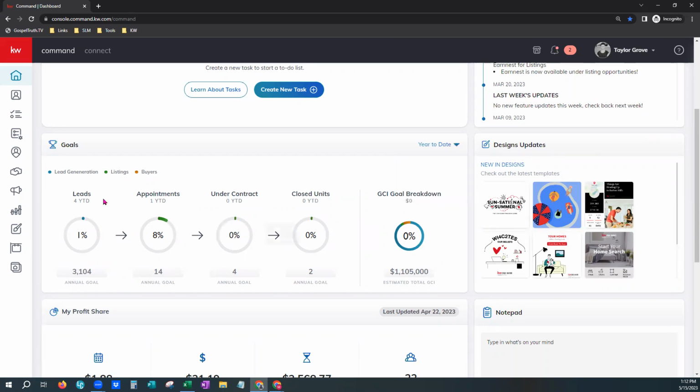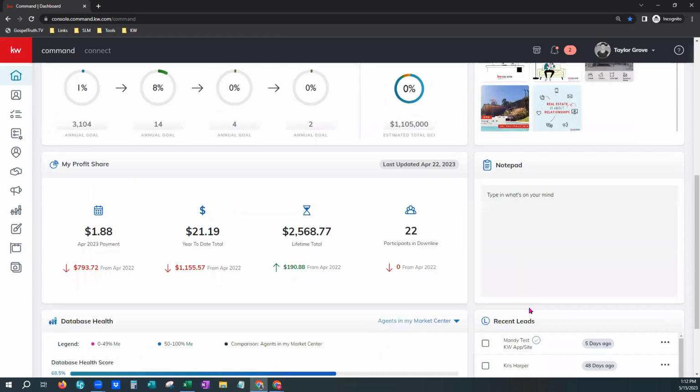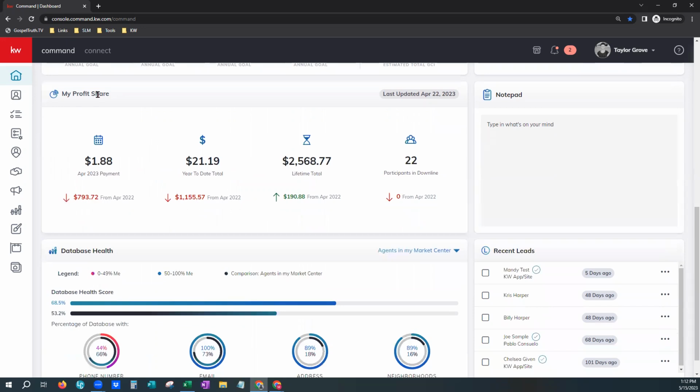Design updates. You do have your design applet on the left-hand side. However, it shows you what is new. So if you want to just jump into your Command really quick, create something super fast, it at least lets you know what is just newly in your designs tab. And so you can just click to preview or just jump right into designs and alter those however you would like before you send them out. As you scroll down further, there's a profit share little preview here as well,